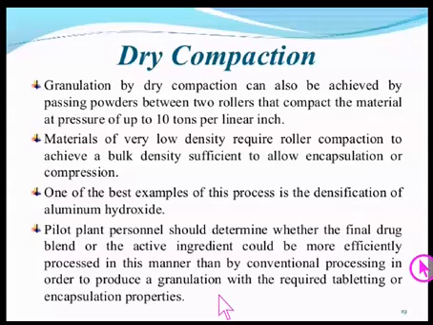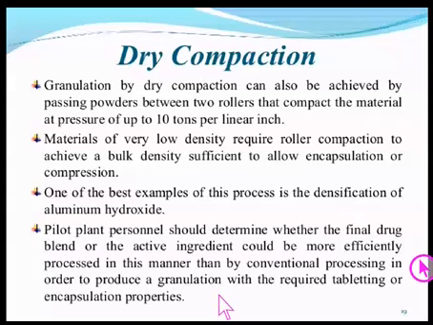Here, instead of slugging, what we are doing, the granulation, the dry blend powders, we are simply passing between the two rollers which are having the pressure of up to 10 tons per linear inch. Here, the materials of very low density require roller compaction to achieve a bulk density sufficient to allow